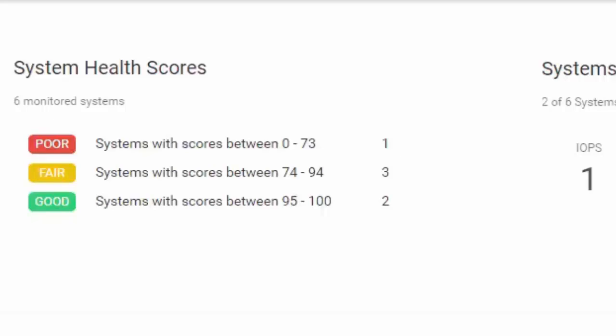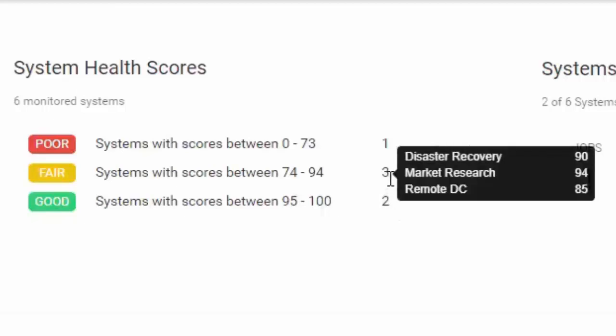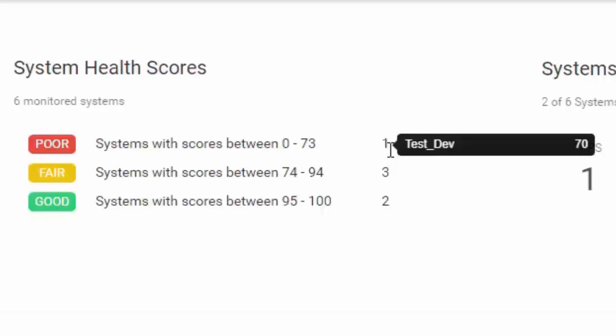The systems are identified according to their health scores and categorized into 3 conditions: poor, fair, and good. These health conditions are identified with different colors, and each one represents a health score range. In our example, there are 6 monitored systems. 2 systems are in good condition, both with a health score of 100. 3 systems are in fair condition. Observe that the health scores are within the range of the health condition, and 1 system health score is in